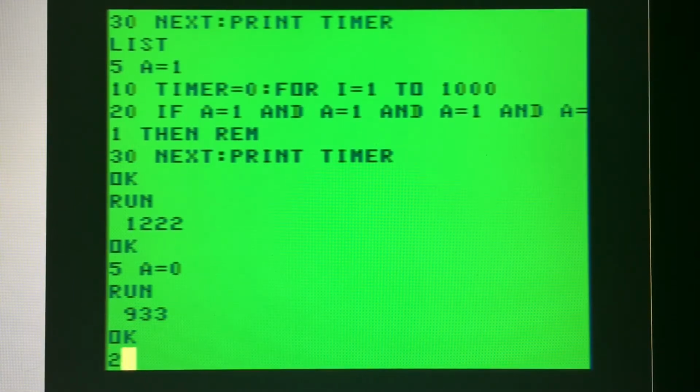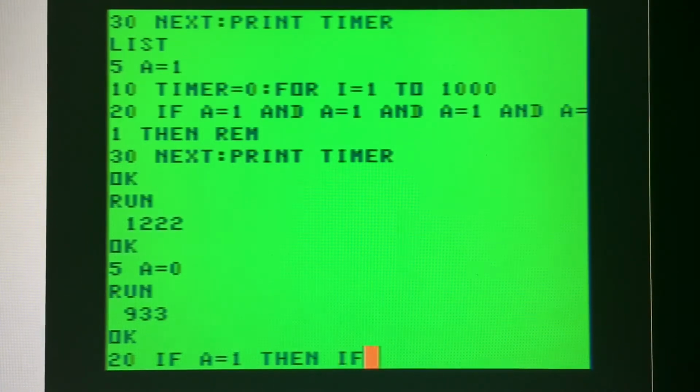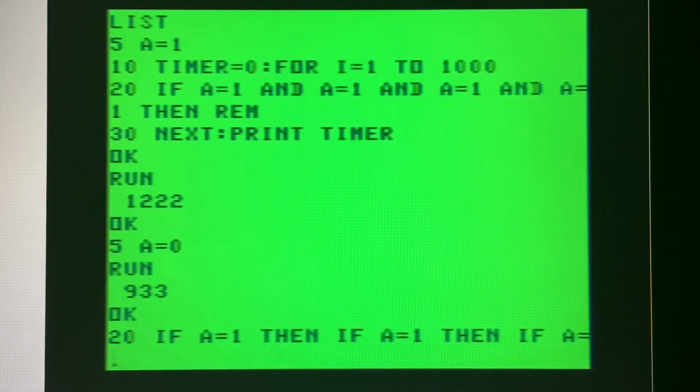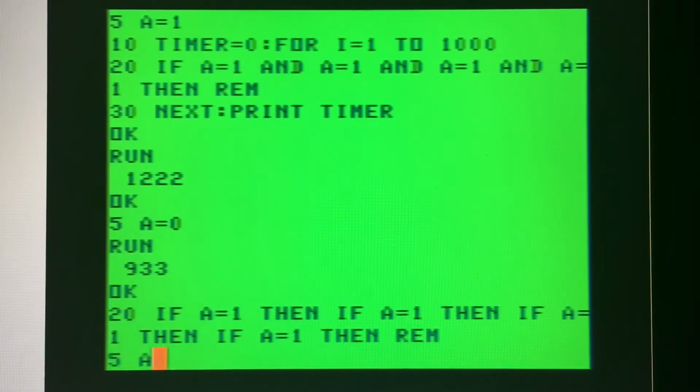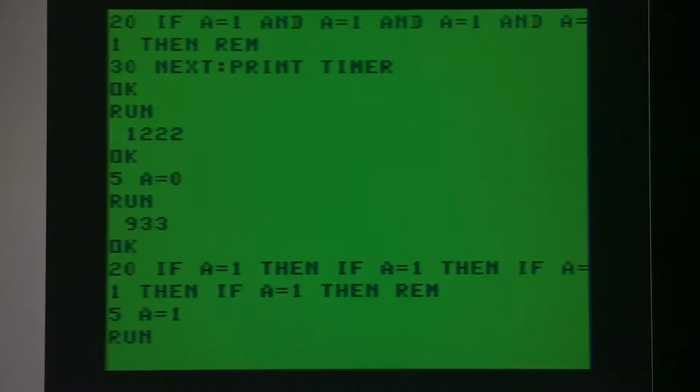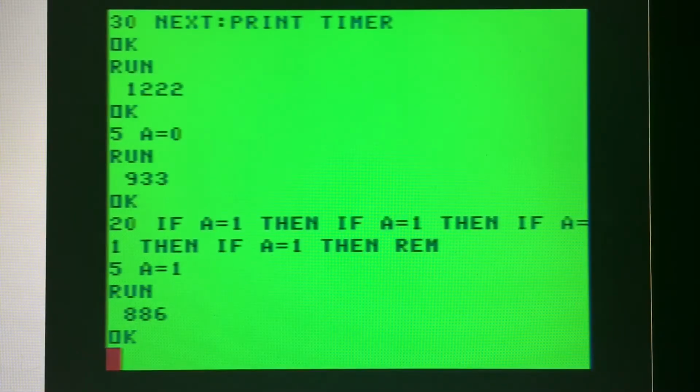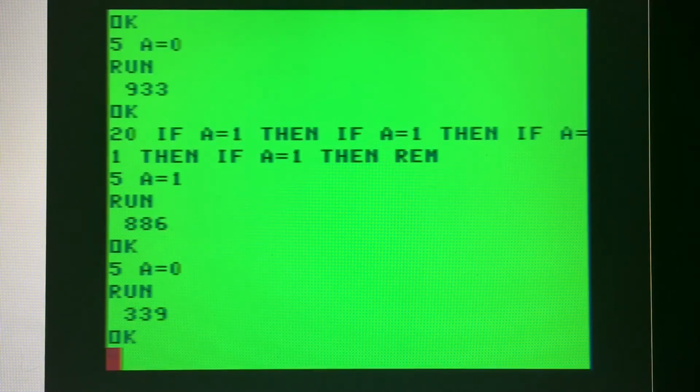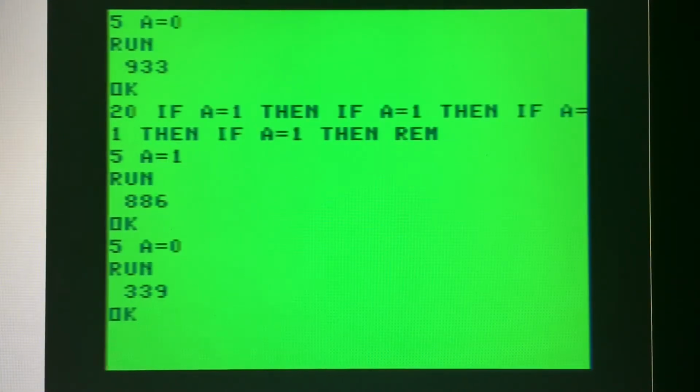Let's change that to the new way: IF A=1 THEN IF A=1 THEN IF A=1 THEN IF A=1 THEN REM. And we'll set A=1 and we'll run this. 1222 is the time to beat. 886, so that's faster. And if none of the conditions are met, 339, substantially faster. And I believe what may be going on here is every comparison can be turned into a